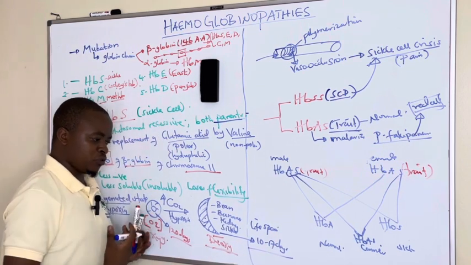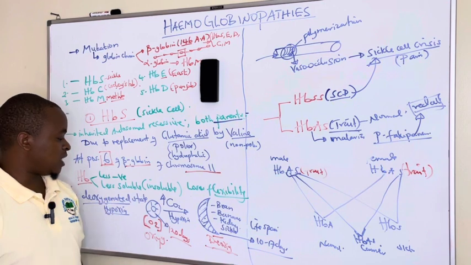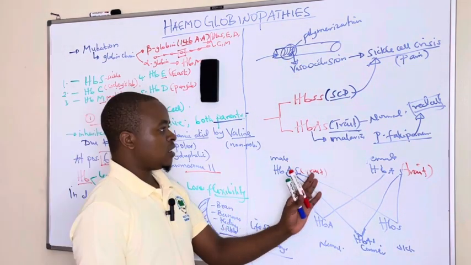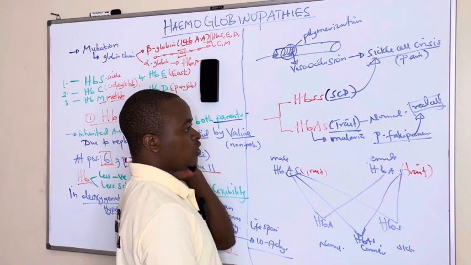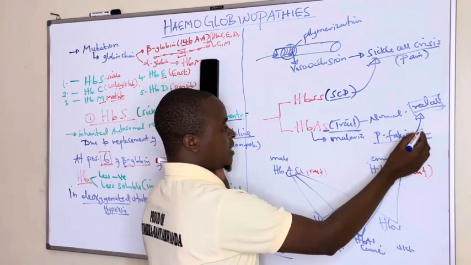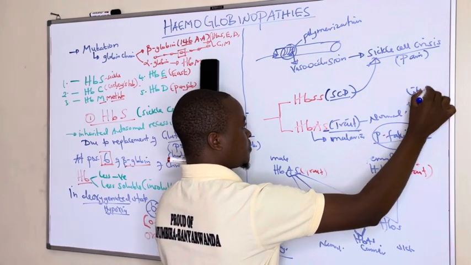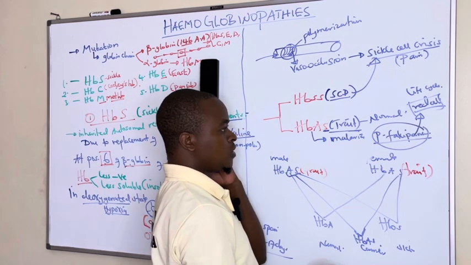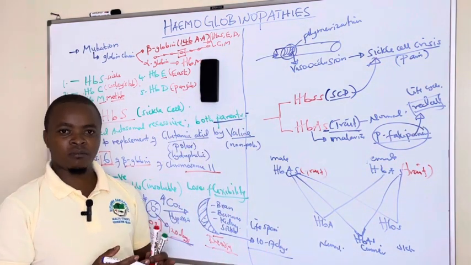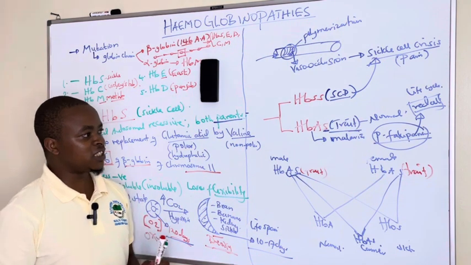So because there is increased breakdown of these sickle cells between 10 to 17 days, whereby the normal takes 120, in the sickle cell trait, those cells which have the sickle cell gene are always broken down before falciparum completes its life cycle. So you find it is being broken down faster before falciparum finishes its life cycle,